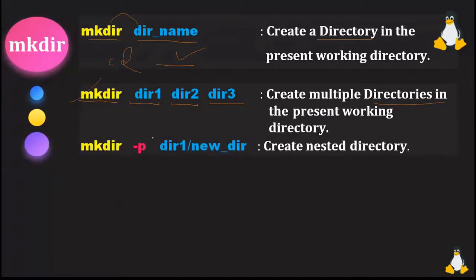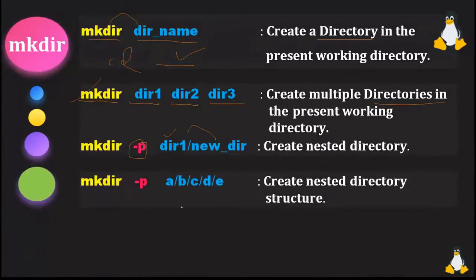Then if we need to create a directory inside a directory, the command that we have is the same, but we have an option available here, that is -p, and this -p enables it to create multiple directories. So inside the first directory, whose name is dir1, a directory will be created, that is new dir, right? And similarly, if we need to create more than two directories, one inside the other, then we can also represent it like this. Again, this -p is used to enable more than one directory and to create a hierarchy of directories, one inside the other.